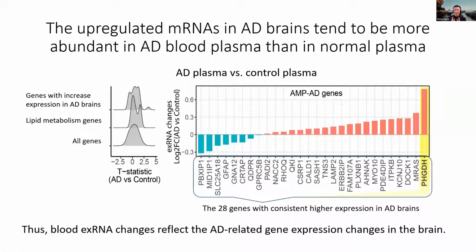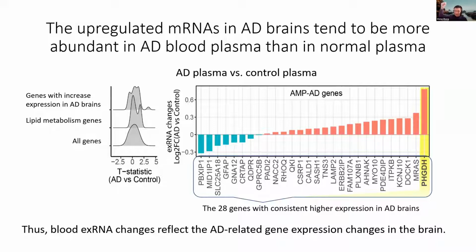Perhaps this suggests that a subset of these consistently upregulated genes in brain have some consistent upregulation in their extracellular RNA level in blood. I wanted to show this again on the right panel. On the right panel, every column is one of the 28 genes that were defined as consistently upregulated in AD brain. And on the y-axis is a comparison between AD and the control blood. So a positive value means that this gene not only exhibited consistent upregulation in brain, but also in our data